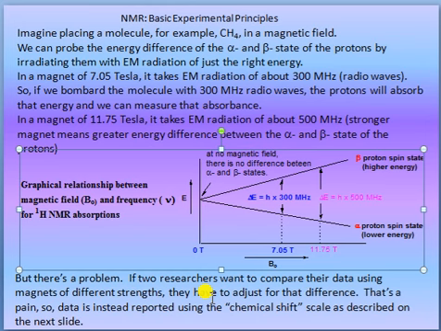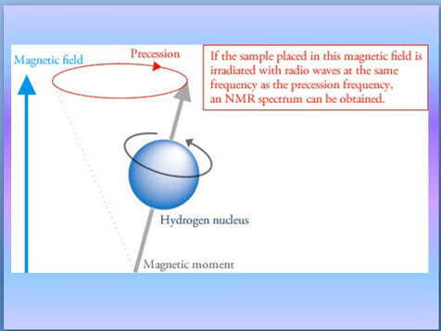If you increase the magnetic field B0, suppose 300 to 500, then it is increasing for both the TMS, tetramethylsilane, as well as the compound spectrum. So it is actually the ratio of the both. So it doesn't matter, the delta value will be the same. Now there is a concept here, precession of a magnetic field.